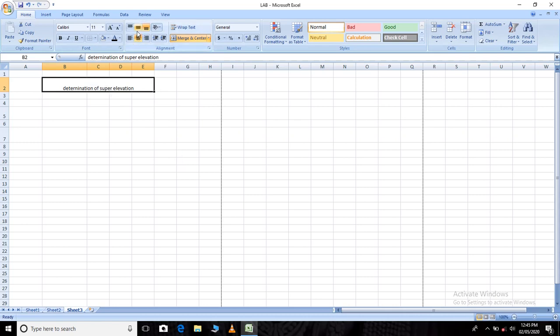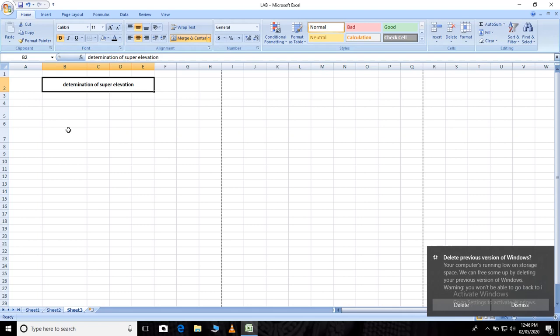If you want to change the alignment, you can make it left side, right side, or center. If you want to make the text bold, make it bold. If you want italic, make it italic. These are just commands we can use.